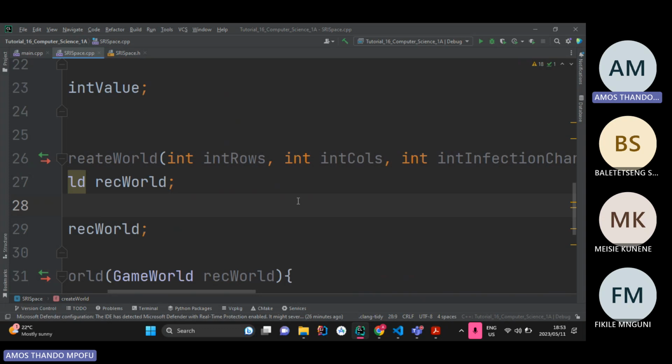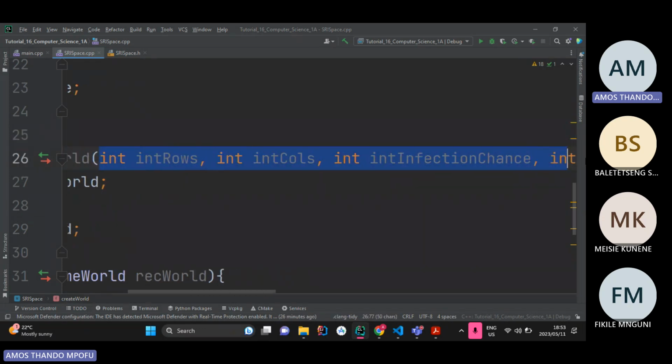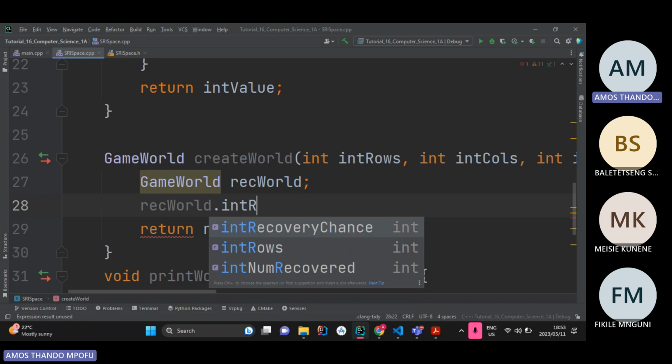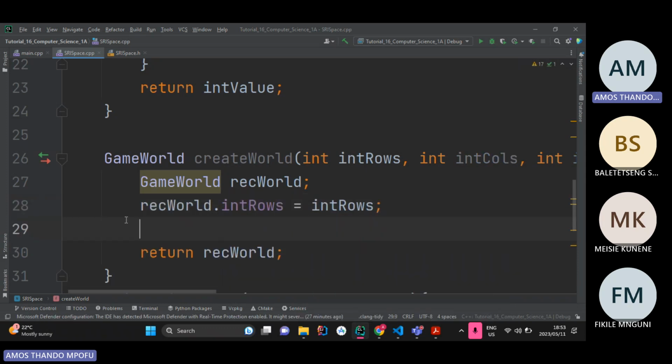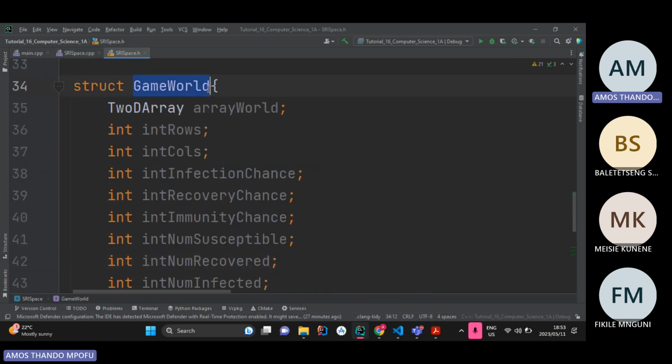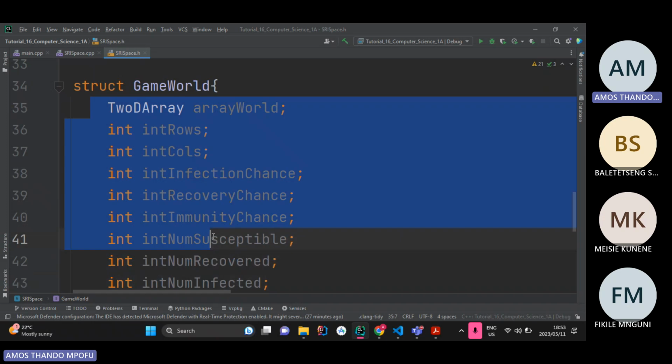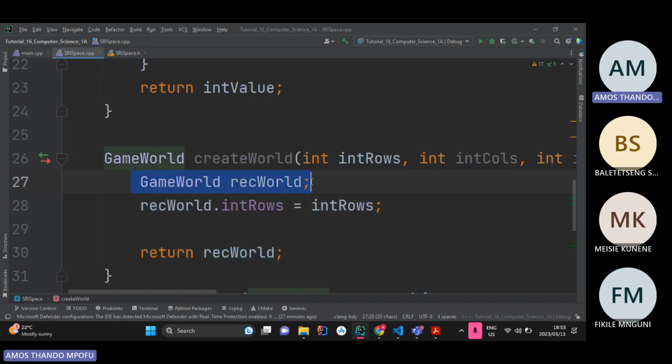Before I allocate the array, I need to store all of these values inside the record structure. So I'm going to say rec world dot int rows is equal to int rows, because in the record structure, the way you access information is you create a variable, and the data type for that variable should be the same as the name of your record structure. Once you do that, you can access the variables inside the record structure through the variable that you've declared. I've declared the variable here and it's called rec world. So I use rec world and then a dot to access the variables in there, and then I use the assignment operator because I want to equate it to int rows. And these int rows are